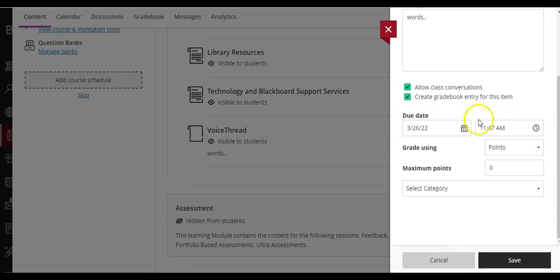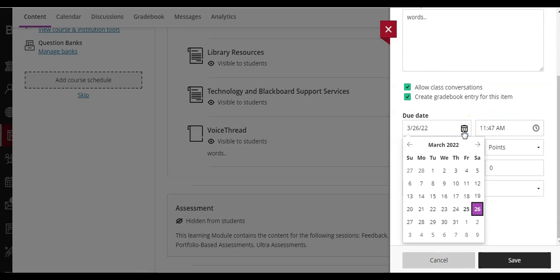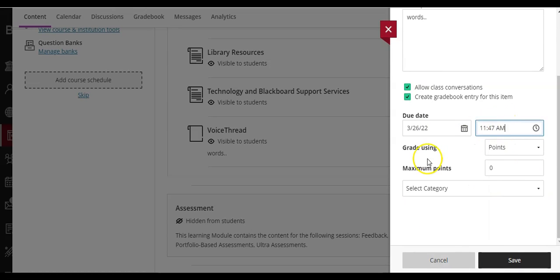What's the due date and the time for the assignment? So I can click this calendar and select the date and then put in the time here. I'm going to grade using points, but you have other options. You can grade with a percentage or a letter grade. The maximum number of points, in this case I'm going to choose 100 because I find the arithmetic easier, but you can choose the number of points that are possible in any increment that you like, in any amount that